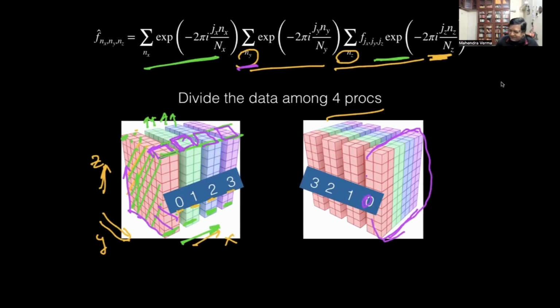Now, what does processor 1 do? Processor 1 will keep this data, the diagonal data, and it will take this data from processor 0, this data from processor 2, and this data from processor 3.